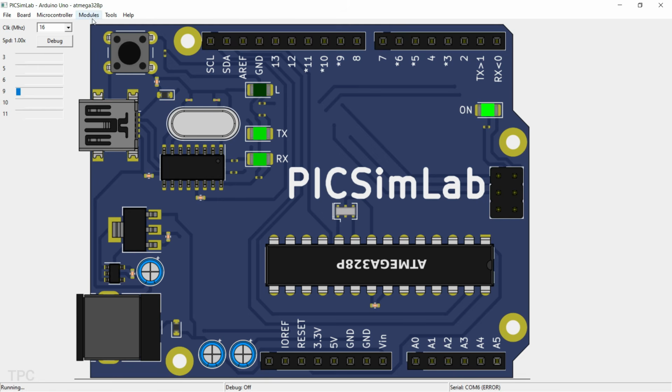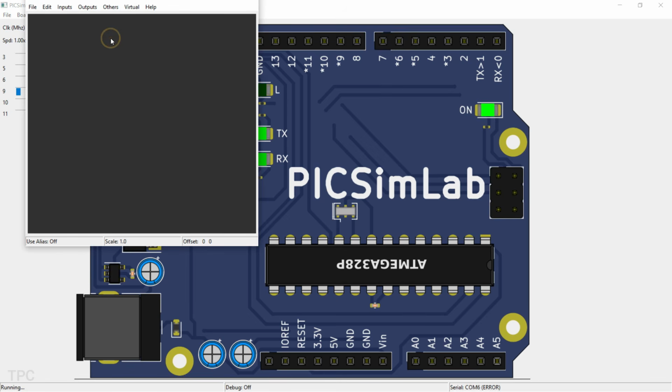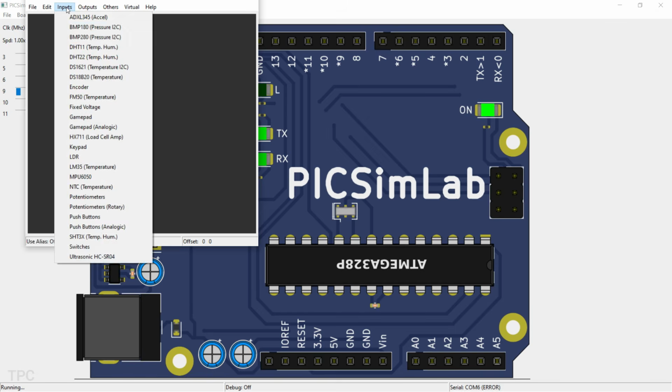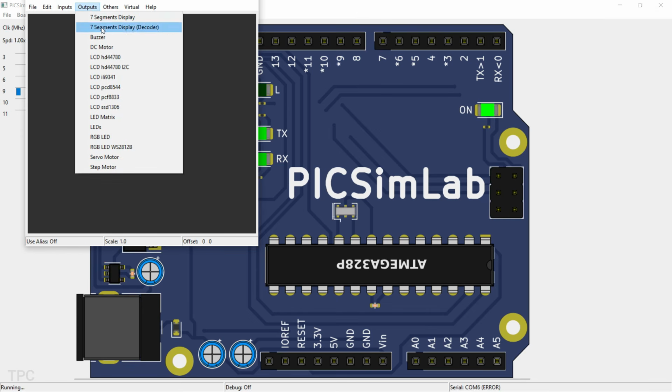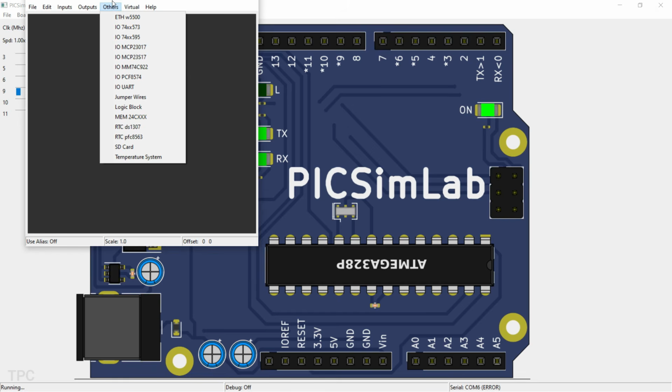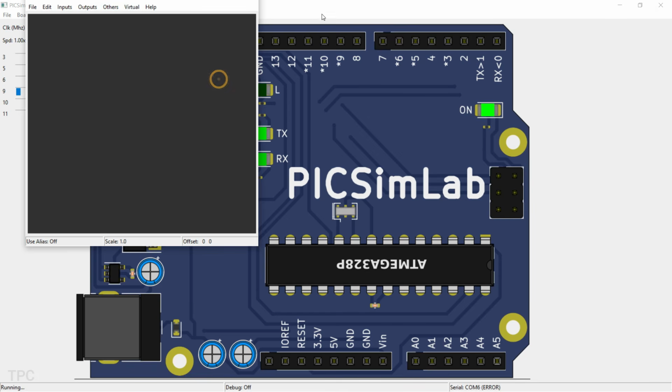PICSimLab supports a wide variety of hardware modules and an oscilloscope that you can add to your workspace through the Modules section. By clicking on Spare Parts, you can see that the components are grouped into categories such as inputs, outputs, and others. You'll find most of the common input and output devices here, just like in other simulators, but this one also includes some unique options such as an Ethernet port, an SD card, and an I/O expander, which